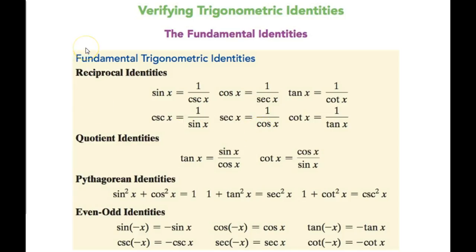The quotient identities, that's just the fact that tangent and cotangent can be written as a ratio of sine to cosine or cosine to sine respectively. And then there's the Pythagorean identities. This is from the fact that the unit circle has a radius of 1 and sine and cosine are the x and y coordinates. So we get right triangles inside the unit circle,